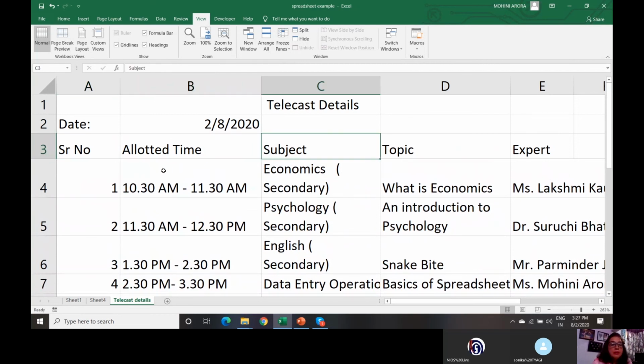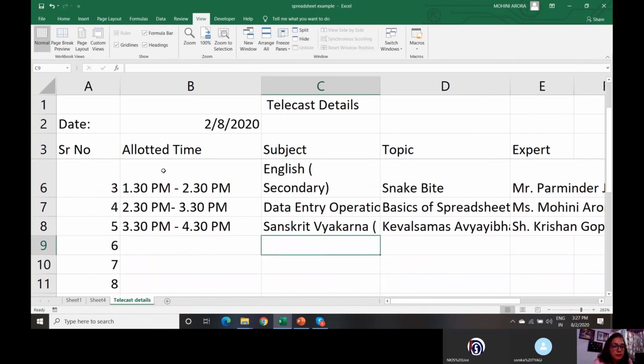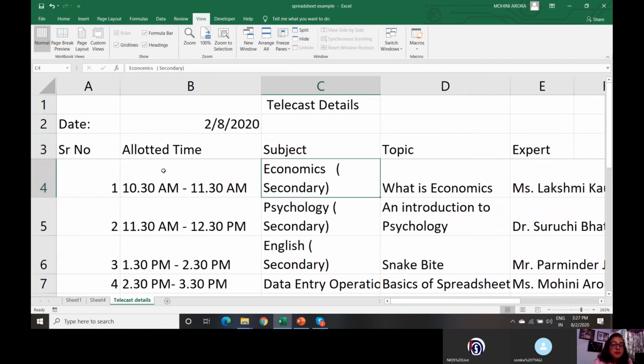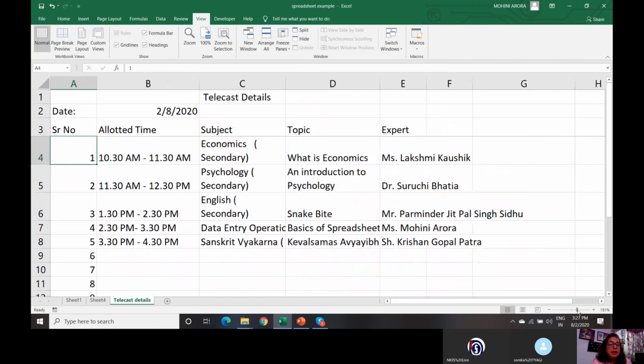So it helps me keep track of my column headings along with my data. Right? This is freeze panes, a very useful feature if I am handling a large volume of data.